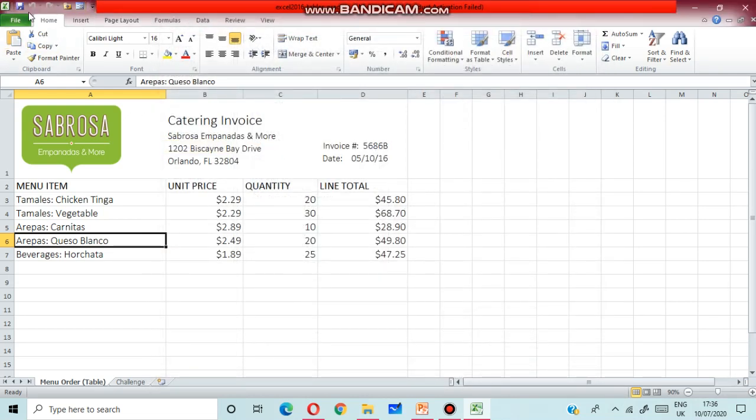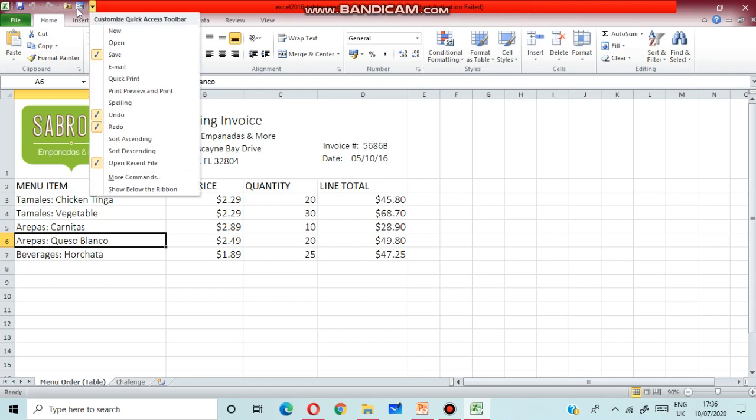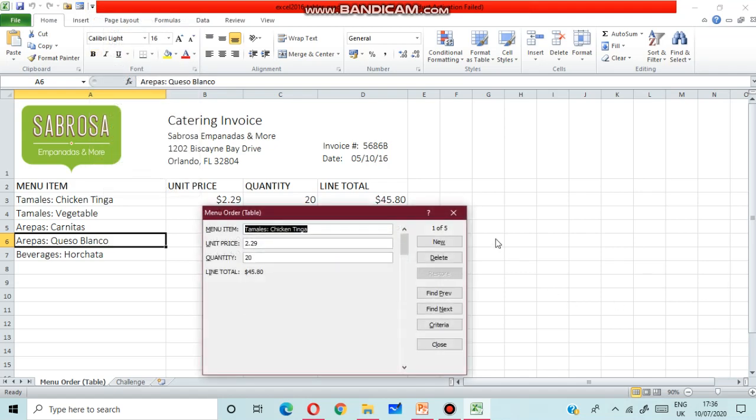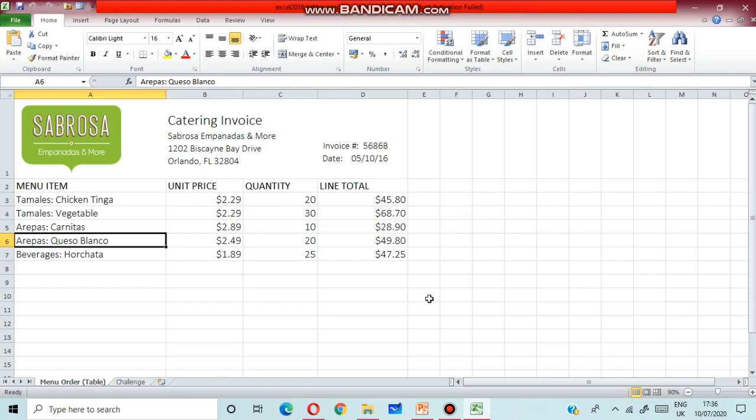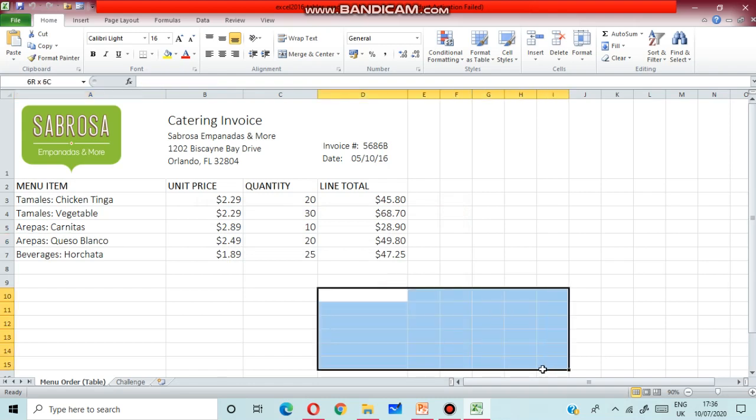Then you can see here, this is your quick access toolbar. Near this you can see the form. If you want to enter a new record, what will you do?